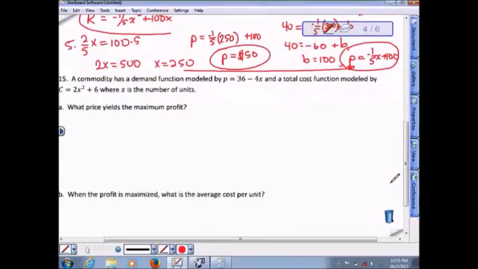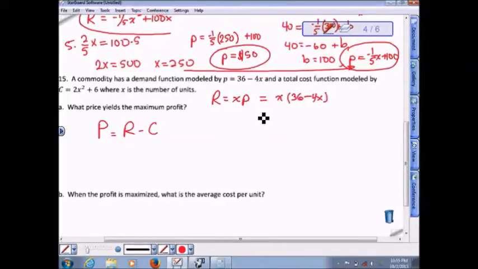Now, question 15, a little bit easier because the price function has been provided for us. The cost function is there. What price yields the maximum profit? Now, this is an uppercase P. Profit is equal to revenue minus cost. Now, revenue is equal to x times the price. We're here, so that's equal to x